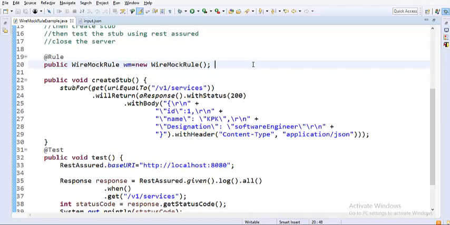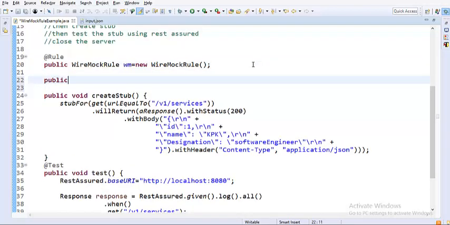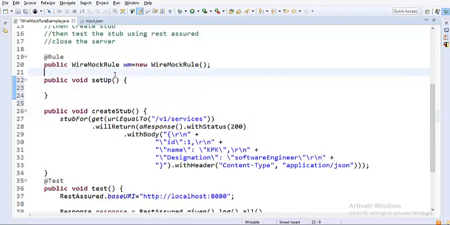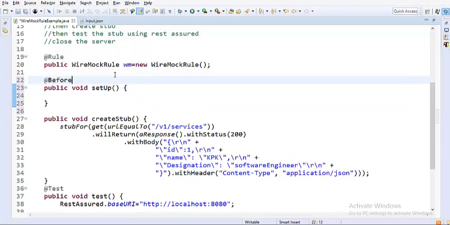We created an instance, but somebody should be starting it and somebody should be closing it. So I would have a method called public void setup. This method would be running even before the test case starts. In order to do that, let us annotate it with @Before. @Before is the annotation that comes from JUnit again. If you know TestNG, the annotation concept helps us with the sequencing and the frequency of operations. The sequence would be: before would run, then @Test, and if you have after, after would run. This is how you organize your test case flow.